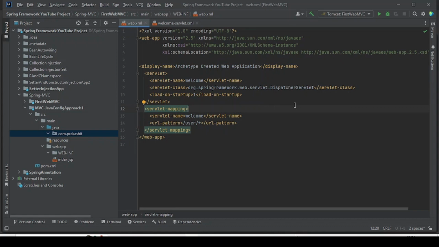Today we are going to work on the Spring MVC application with Java config approach. As part of our last session, we covered how to work with the Spring MVC application by using the XML approach. In the XML approach, we used web.xml to configure our dispatcher servlet and